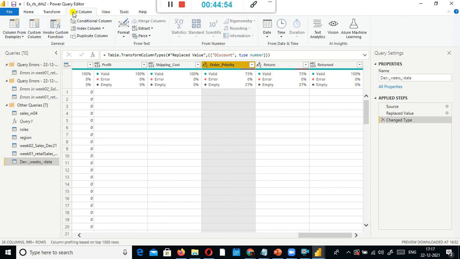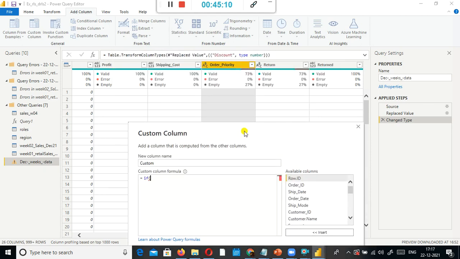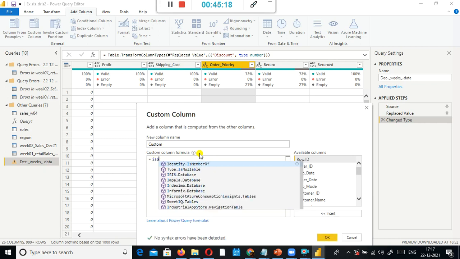And what we will do is we'll go to add column and create a custom column, new column. Here what I am going to do is if is blank, or else simply I'll put is blank.